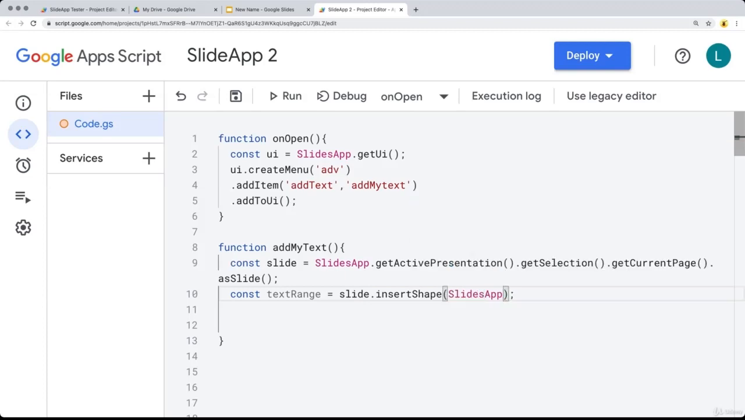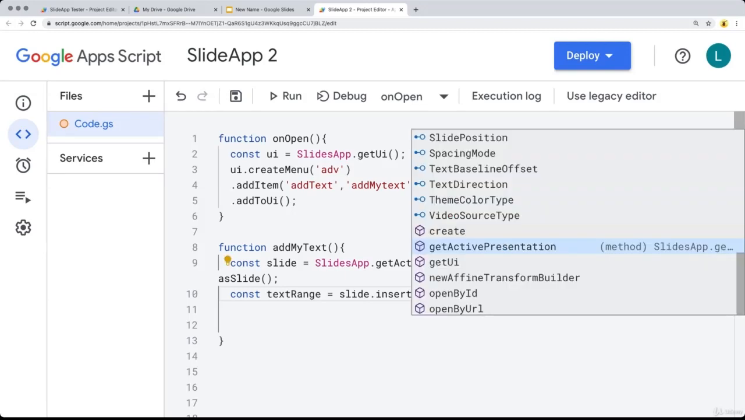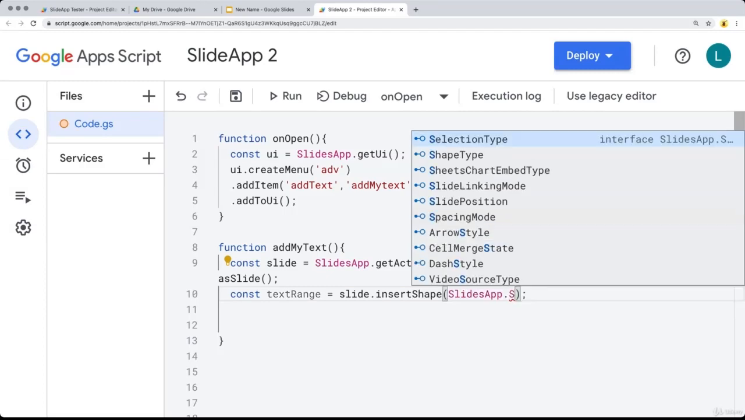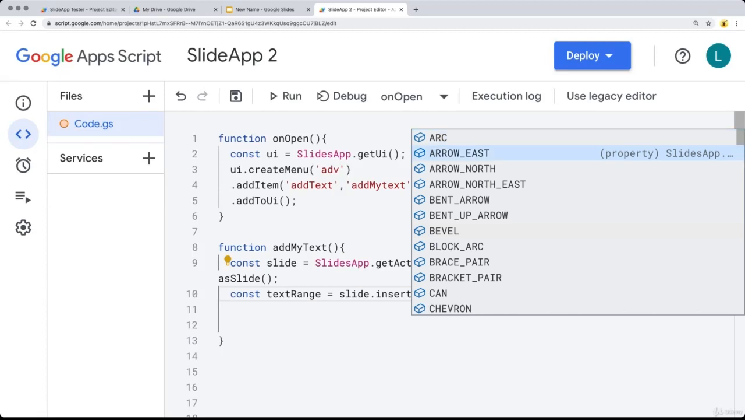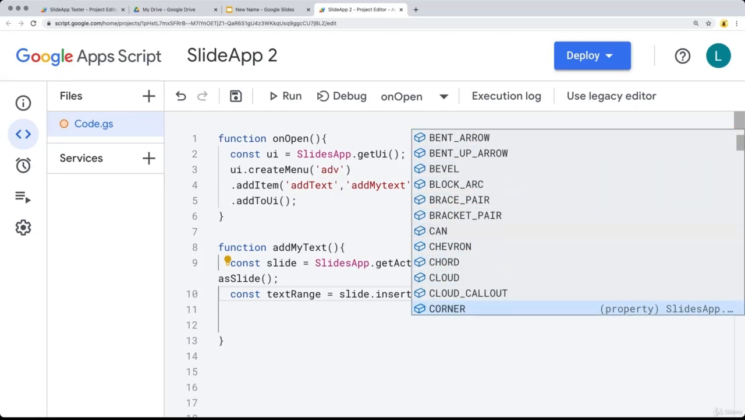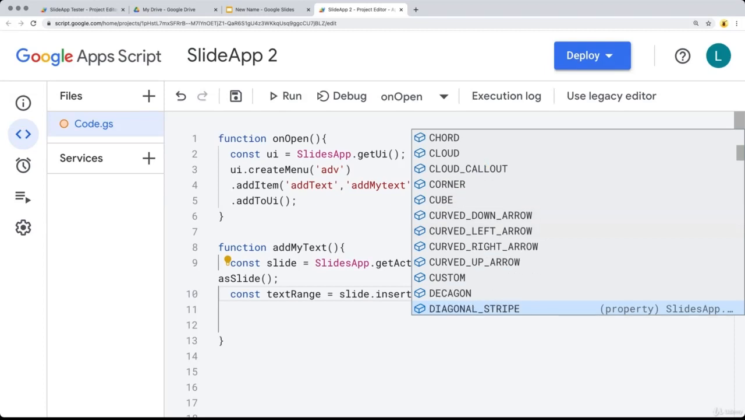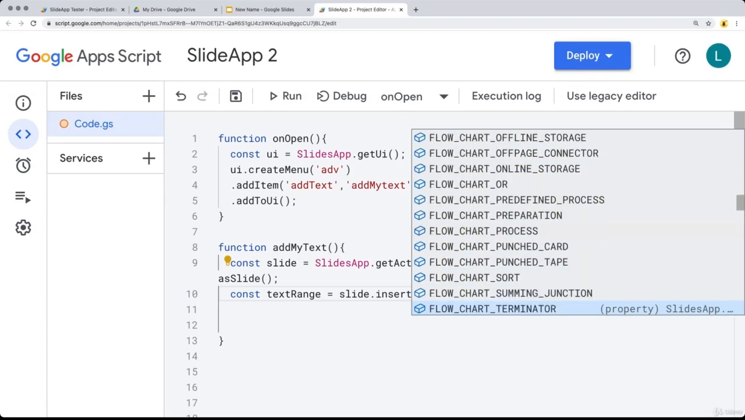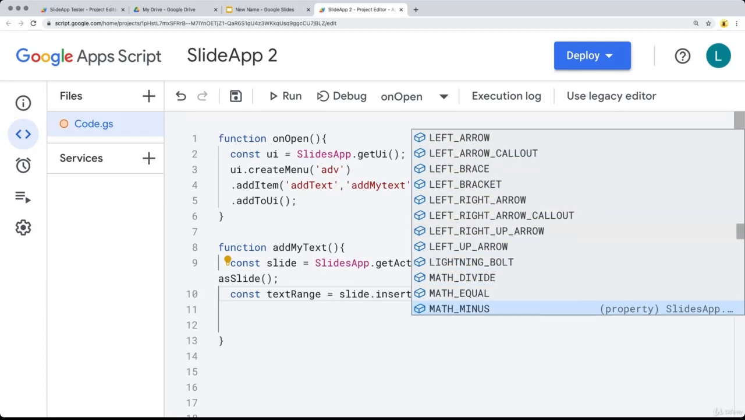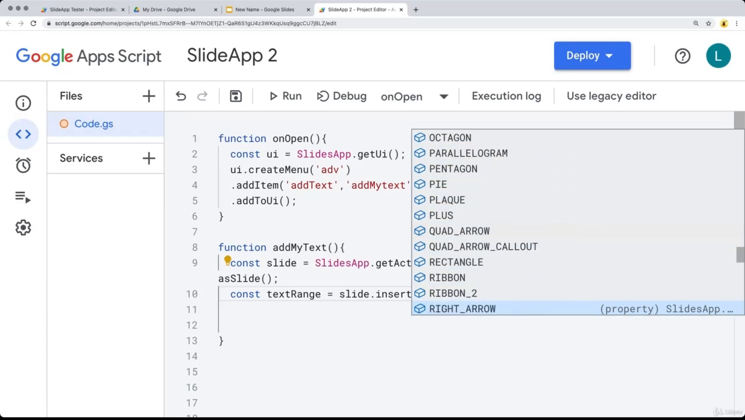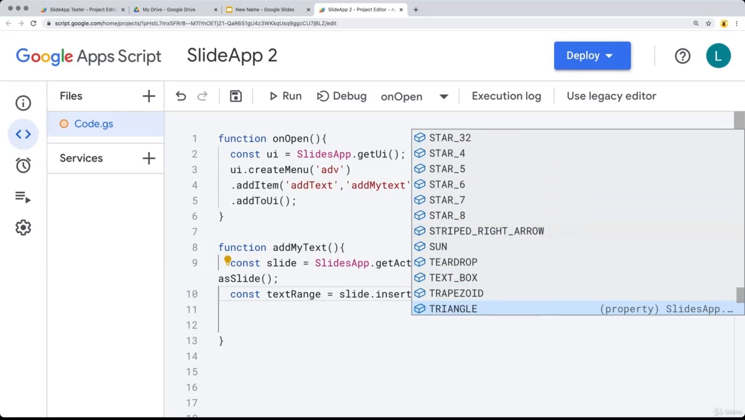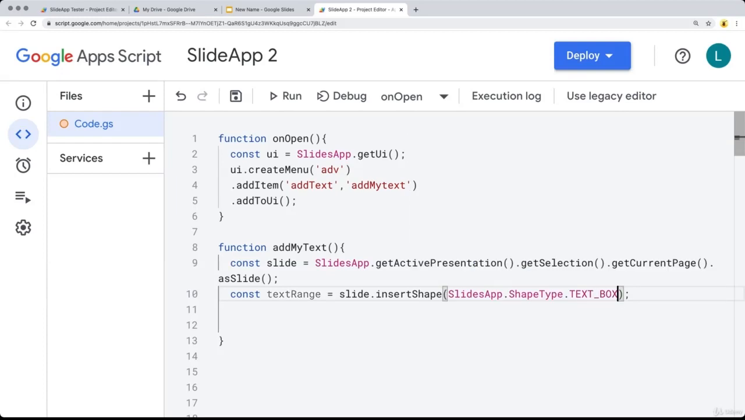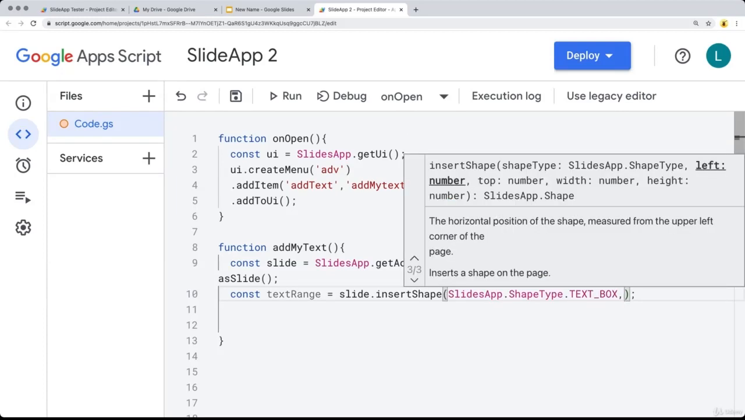So using the Slides app, and then setting the shape type. We want to insert, and there's a number of different shapes, so you can select and you can insert all of these shapes. The shape that we want to insert is going to be a text box, and then we'll populate the content of the text box. There's a lot of different shapes to choose from, and as you can see, you can try these out as well. So I'm going to just keep it as a simple text box,